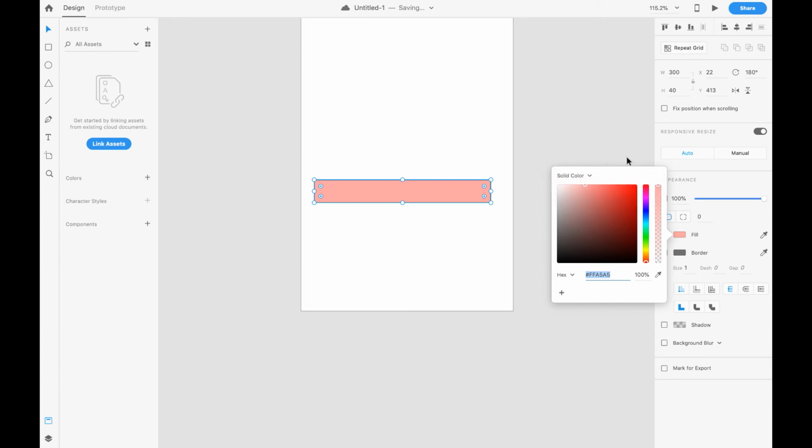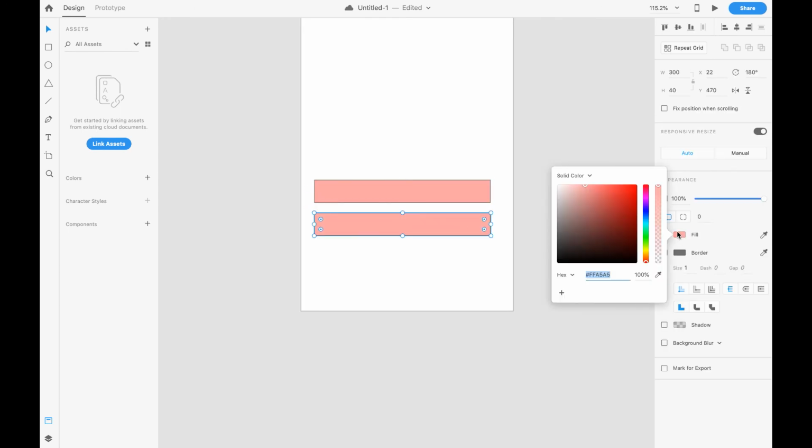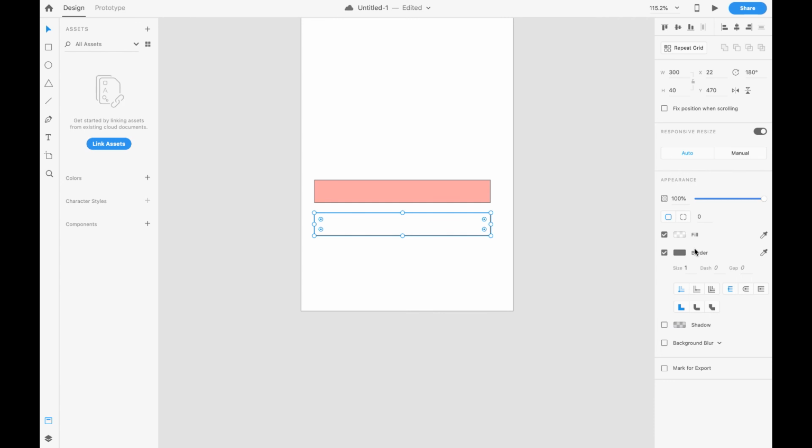You may get confused with these two things. This is the opacity of this whole rectangle, while this means the opacity of the color which we give. So if the color is too dark, I need to reduce the opacity of the color. At that time you can choose here. This is the difference between these two things. Here, if you know any hex value, color value, you can just directly change it. I am choosing triple F, which is white. Now the color is changed.